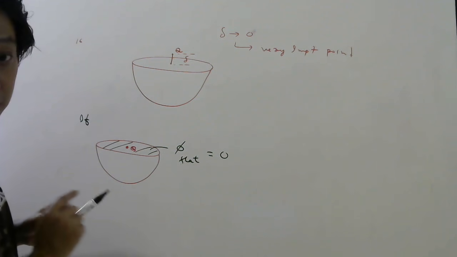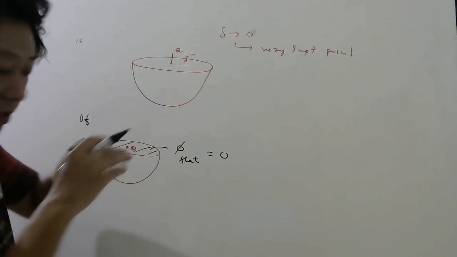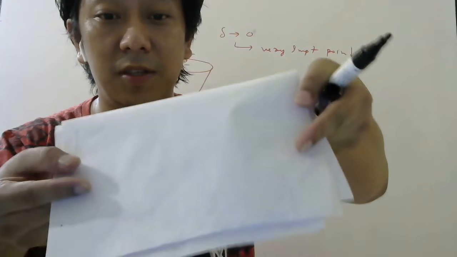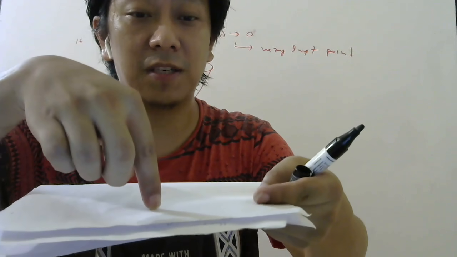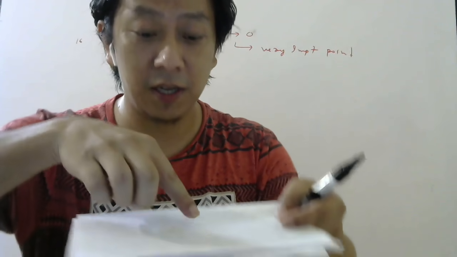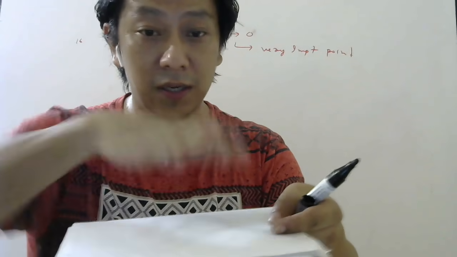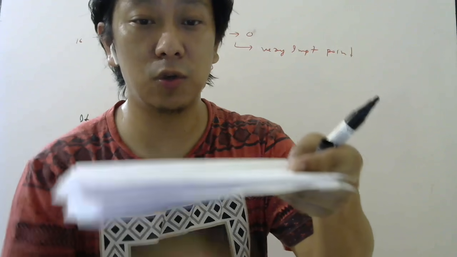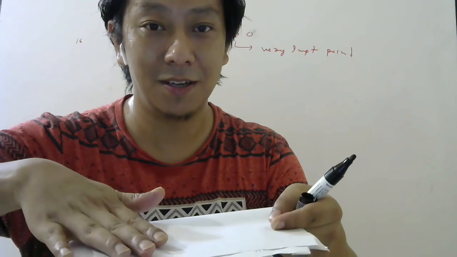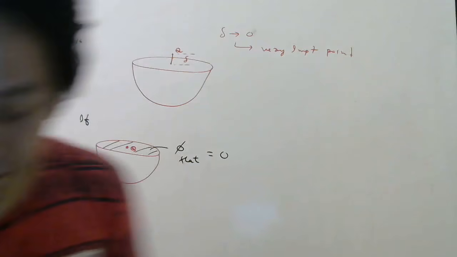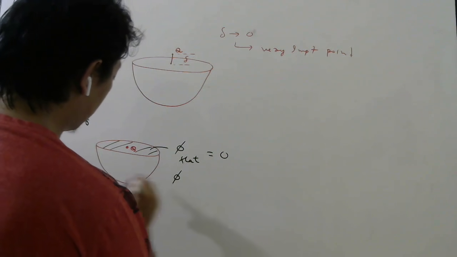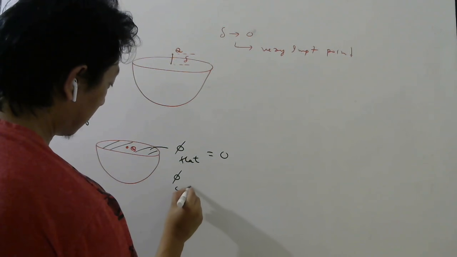Let me try to show you properly. If this is your flat surface and you keep the charge here, then how do you draw electric field lines for a point charge? Radially outwards. So these lines are not going to cut this surface. Any line here will be parallel to the surface. So there will be no flux through that surface. So flux through this flat surface will be 0, and flux through this curved surface, if they ask,